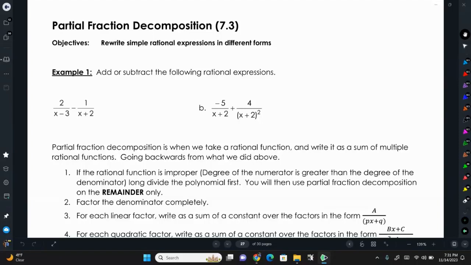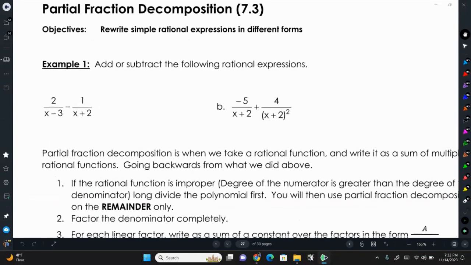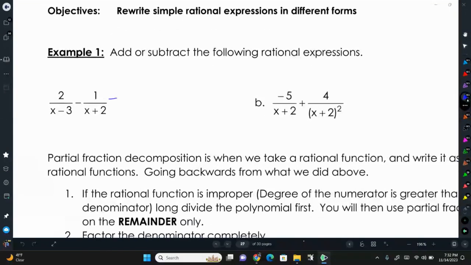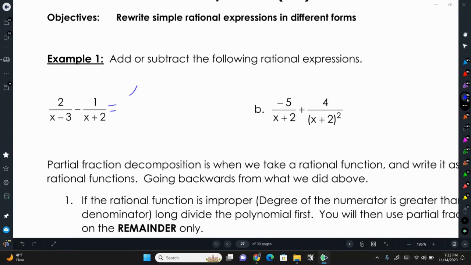Today we're going to be talking about partial fraction decomposition. And what that is, it's the opposite, or going backwards, from when we simplified rational expressions by adding and subtracting. So we're not going to solve these two rational expressions. We're not going to simplify them. But if we were to solve those, this would equal x plus 7